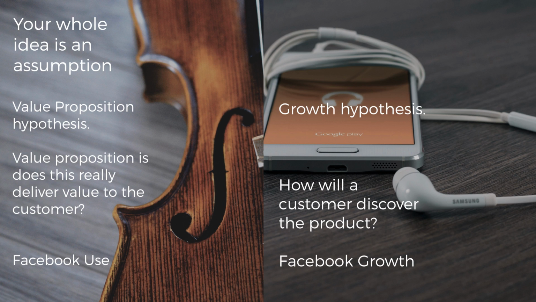But there are things inherent to those that you will have to test because the thing you're going to do should be slightly different. So, for example, the value hypothesis, or value proposition hypothesis. Now, a value proposition is basically, does what you do really deliver value to the customer? And value in this context is more based around the economics definition rather than a hard business transaction, because particularly in this sphere of journalism, there's a lot more to journalism than just what people are willing to pay. There's a lot more value inherent to that that doesn't relate to economic output.